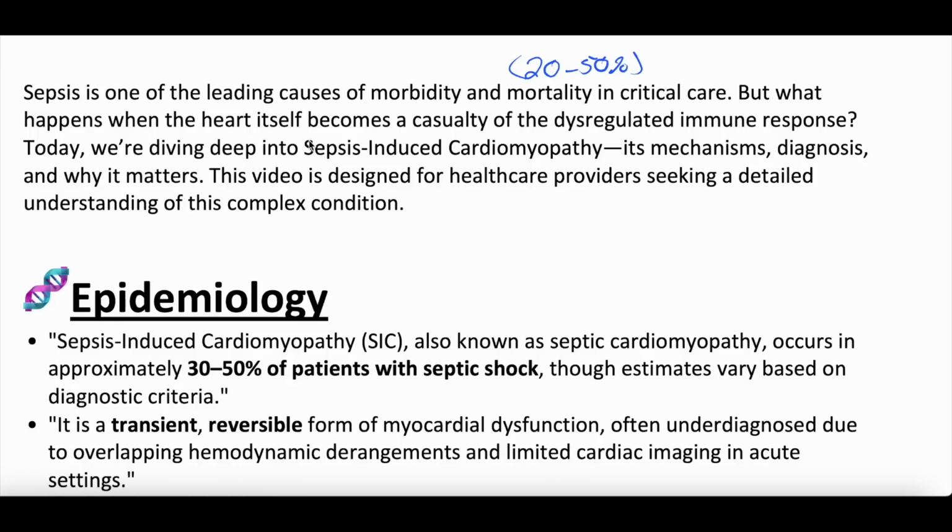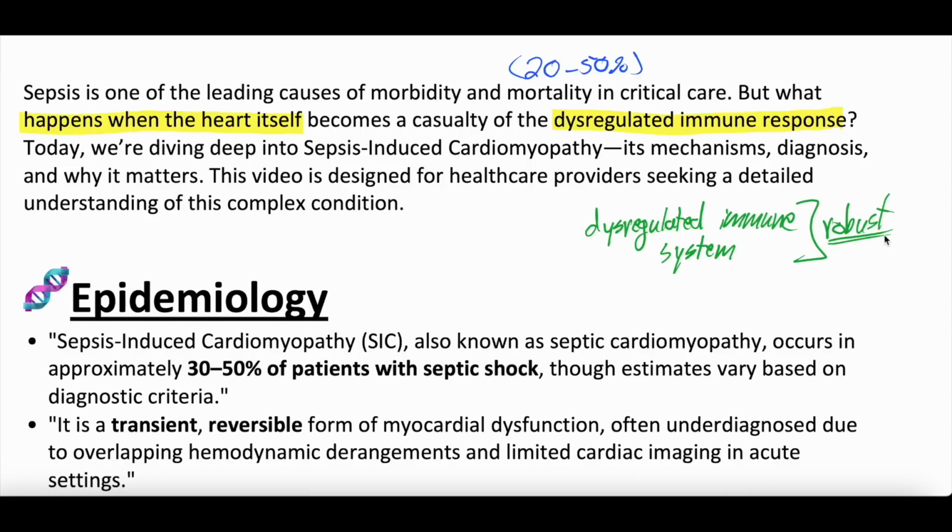Something we're starting to realize, though, as time goes on, is that something can happen to the heart itself from this dysregulated immune response. For those who haven't seen our previous sepsis videos, we've talked about how septic shock is really driven by this dysregulated host response to infection. Your immune system, which is there to fight infection and which we certainly need, goes into overdrive a little bit, and it has this hugely robust and somewhat dysregulated response that can lead to, as we talked about in the pathophysiology video, massive cytokine release, vasodilation, capillary permeability, endothelial injury, microthrombi, relative adrenal suppression, some possible mitochondrial dysfunction too, multi-organ injury and all that kind of stuff.